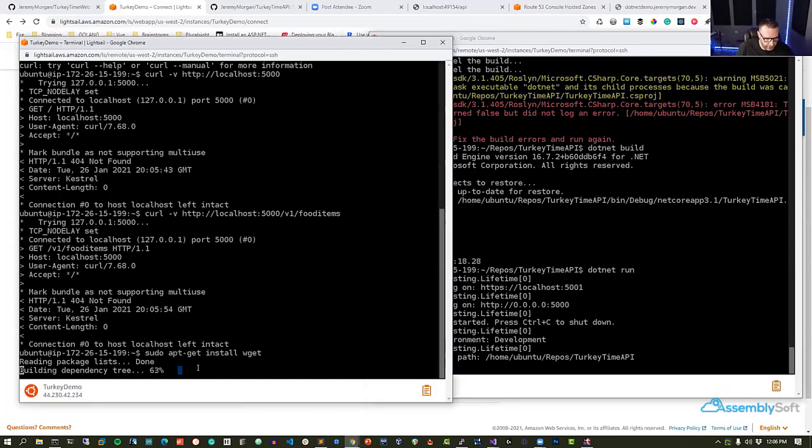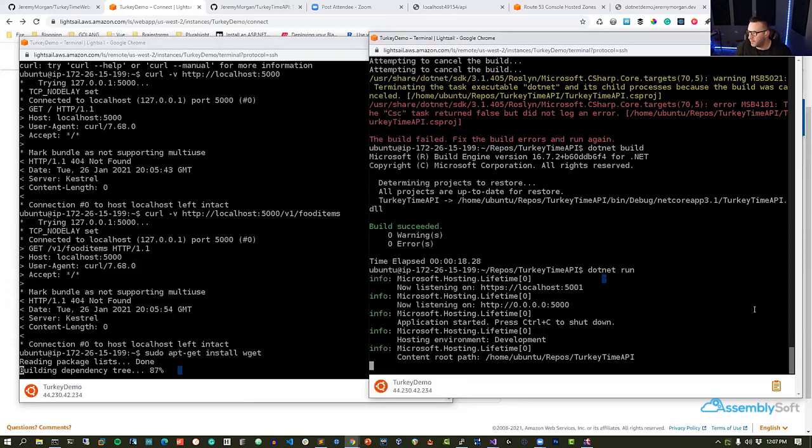I will show you how we put it into a Linux service so that it will automatically start up and it'll restart if it fails and things like that, to make it a real service. Then we'll do an Nginx proxy on the front of it to proxy in the connections, and we'll make it a secure connection. As soon as I install wget. So while that thing is going,